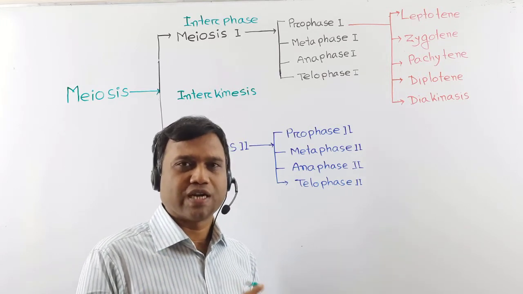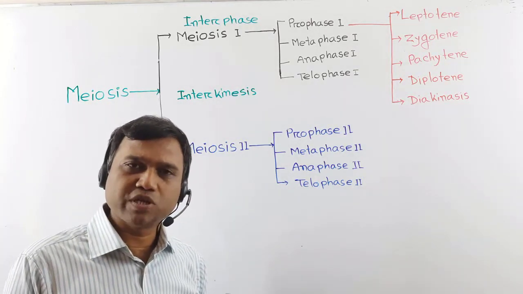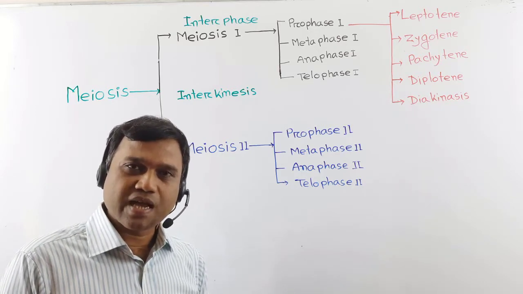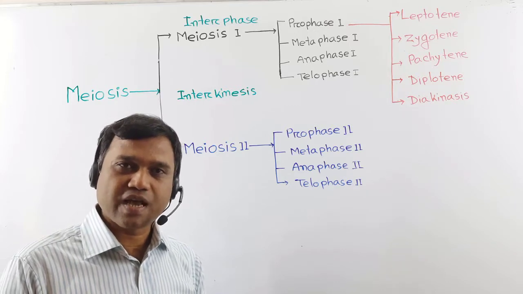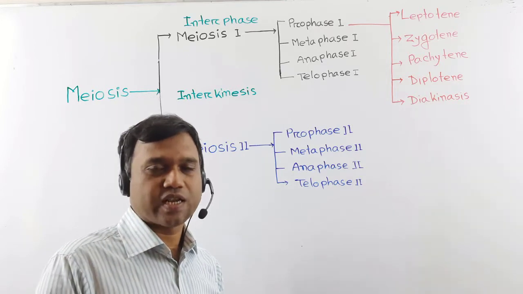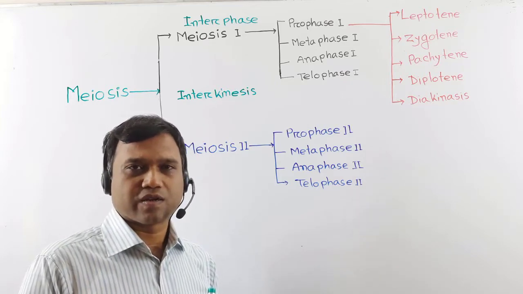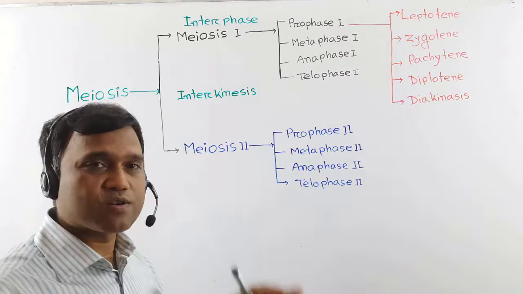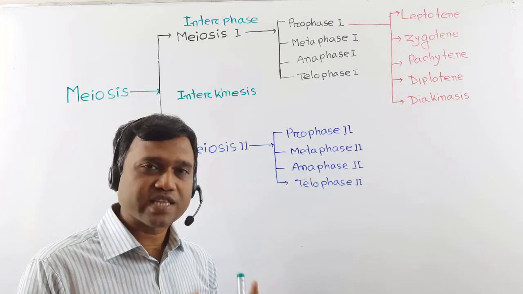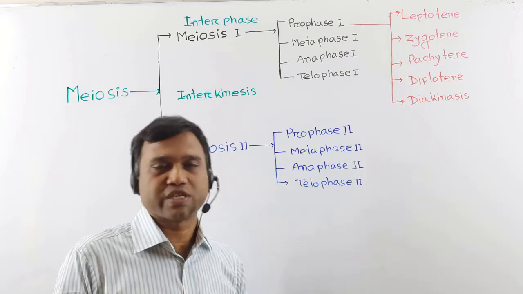At first, we have to learn what meiosis cell division is. It is the cell division in which the nucleus divides twice and the chromosome divides once and produces 4 daughter cells. In these 4 daughter cells, the chromosome number will be half of the mother cell. The word meiosis is generated from the word meios, which means less. For that reason, this meiosis cell division is known as reductional division.